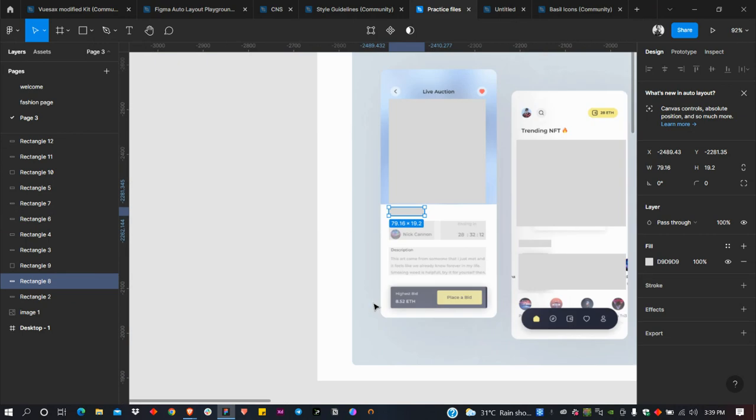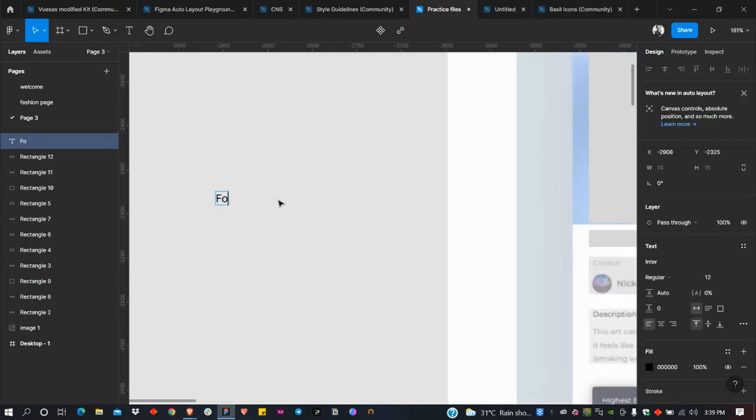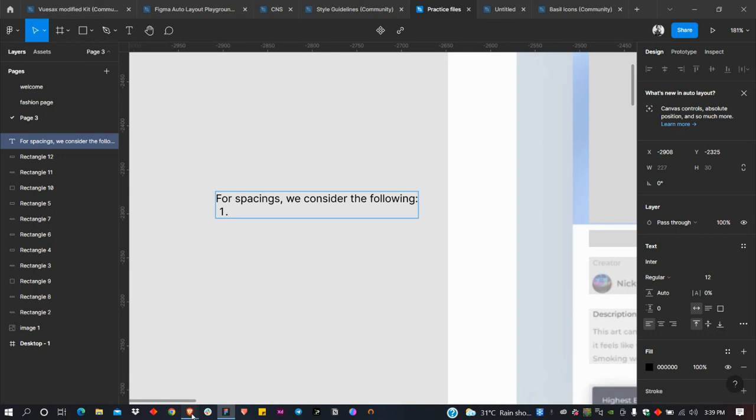So for spacings, let me just write some short notes. Spacings, we consider the following. So one, first of all, we consider spacings between,